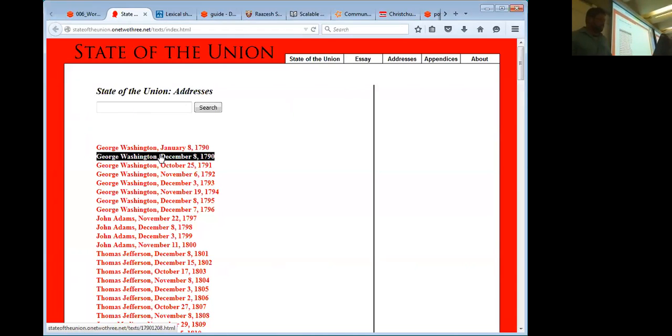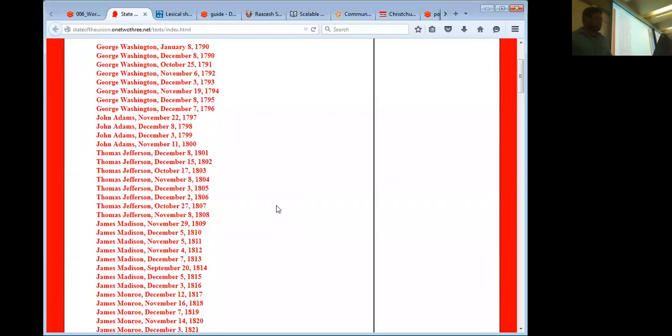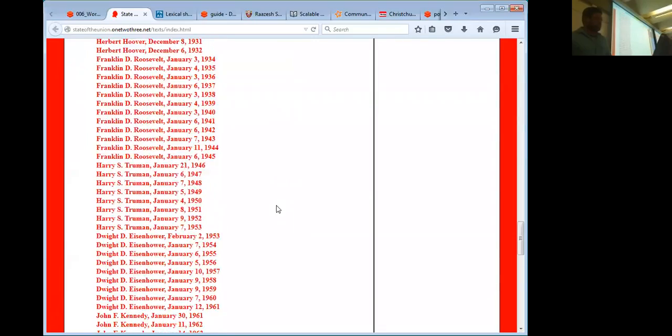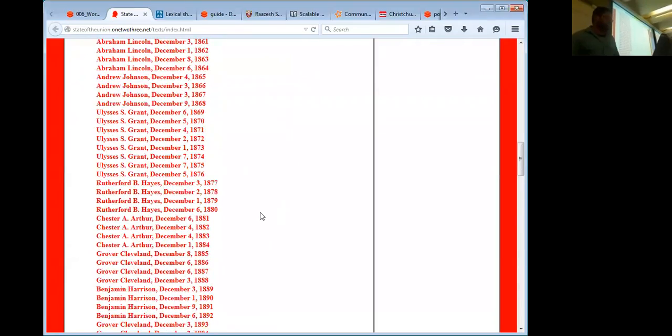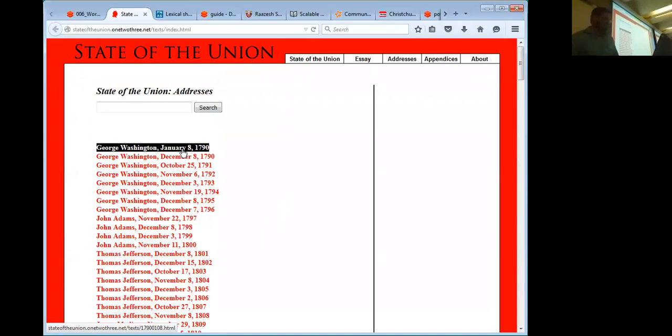As you can see, these are nicely labeled by the year, day, month, and date of the address. The first several were by George Washington, then John Adams, and so on. And the last several should be by Barack Obama, two terms. But if you click one of these, what you're going to get